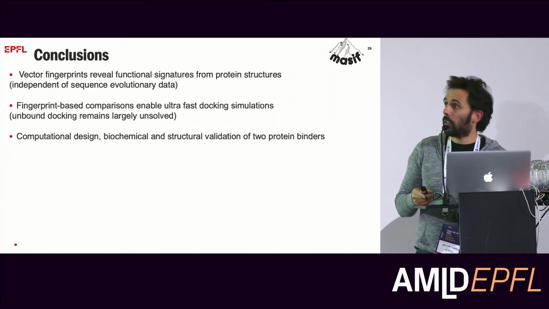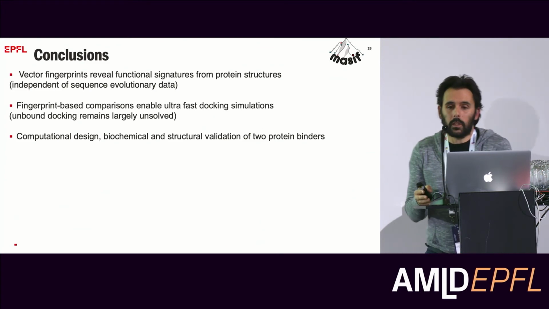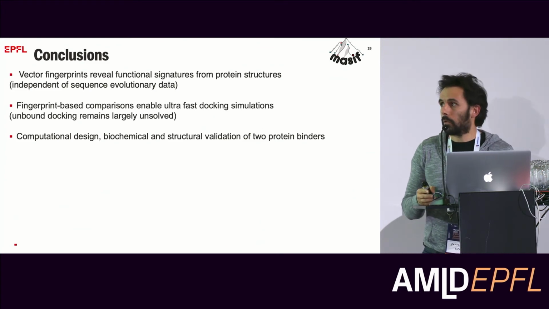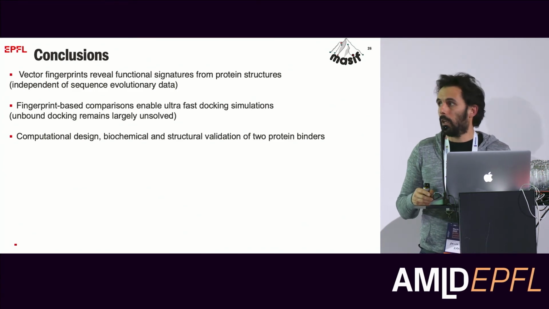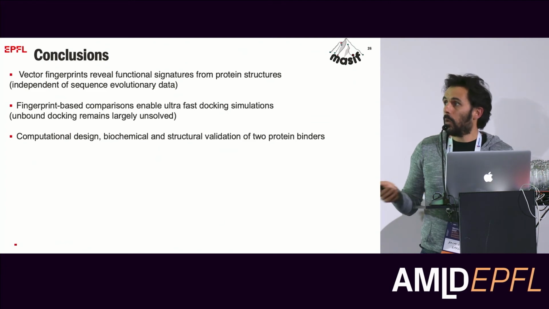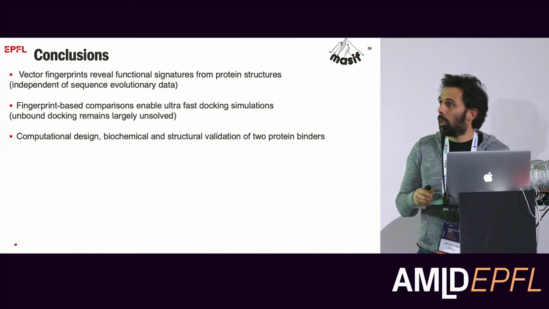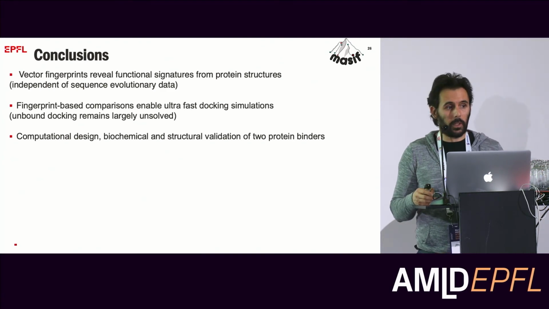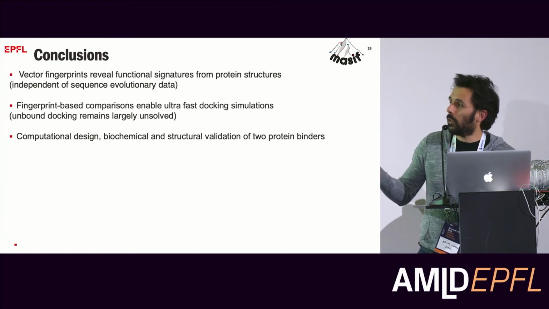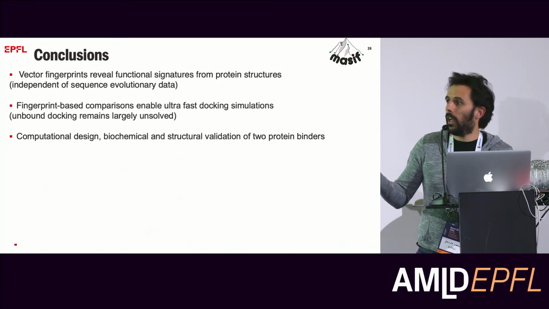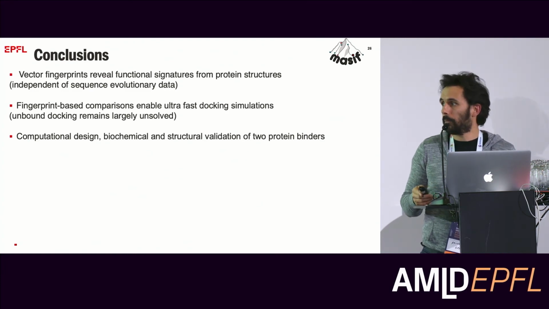And I'll just leave you with some of the conclusions, where essentially what we developed here was a new representation for protein structures. I don't think necessarily that this representation is limited to protein structures. We're exploring now different kinds of other molecules. However, what we ultimately generated was these vector fingerprints or embeddings, which were able to capture both geometric and chemical features of these molecules that will allow us to do multiple different things with it, including fast docking simulations, as well as generating new protein sequences that we can then validate in the lab.